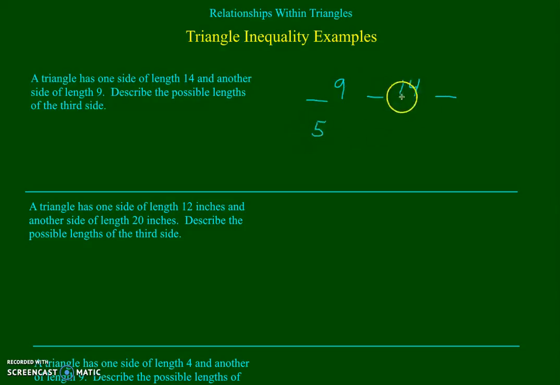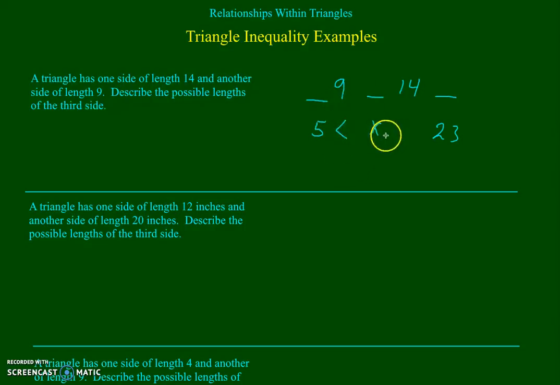And what's 14 plus 9? That would be 23. Now, since we know that one side has to be 9 and the other side has to be 14, we know that the smallest side has to be greater than 5 because 9 plus 5 is equal to 14. So whatever value we pick for our side length, it's going to have to be greater than 5